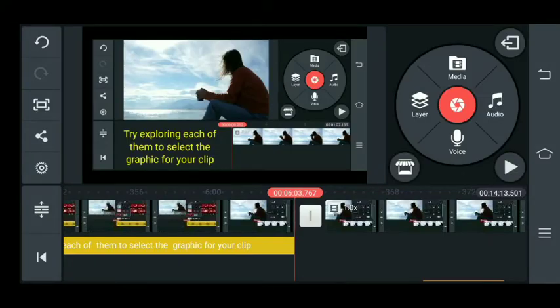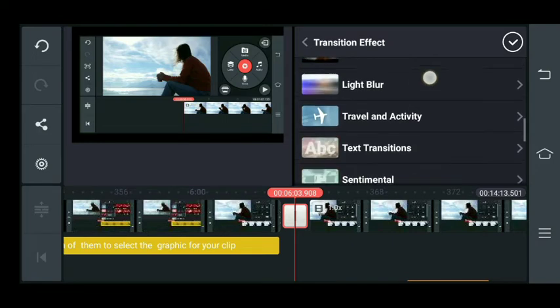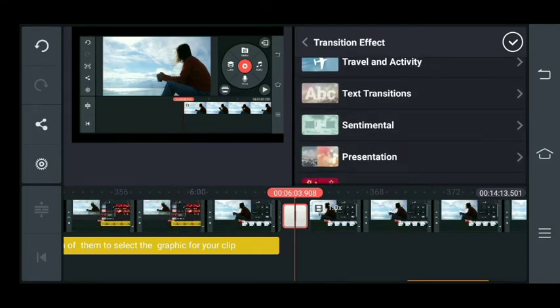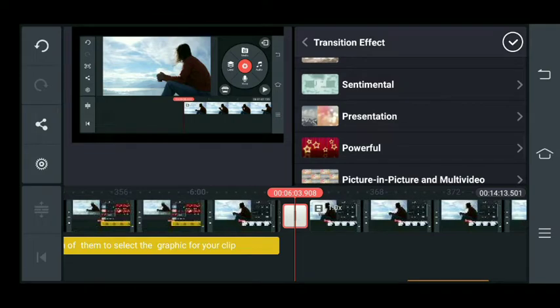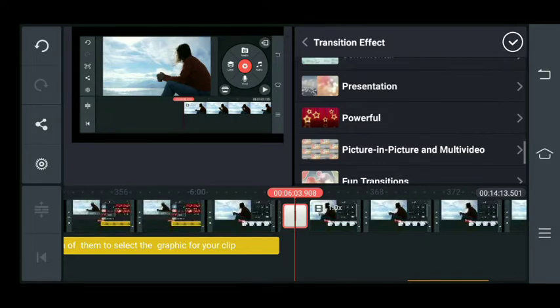Another feature of this clip graphics is you can add a transition effect to the connecting stuff. Okay, so you can see the connecting button there. So select that, and the minute you select it, it will show you the transition effect. In this you can select the basic one. I have some downloaded ones, so you can go for this normal one. Here I generally like the classic transition, but I'll show you something else now.